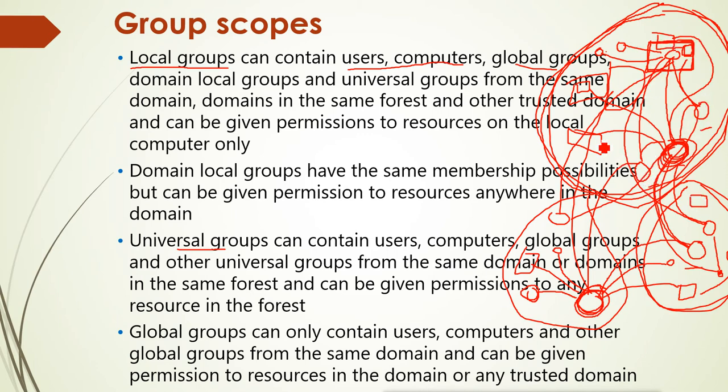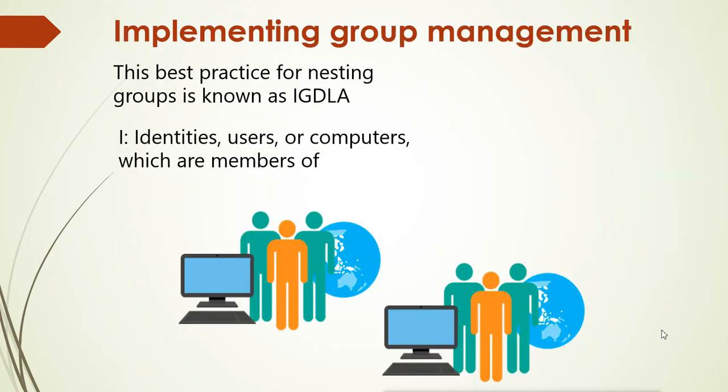Now when you have multiple domains in the forest, they are all trusted, so it can also get the access from the other domains in the forest. So we can give the permission on other resources from the other domain, because they are trusted, so they can get the permission on this group, and by this group the users can get the permissions. Now this is the scope for creating the groups.